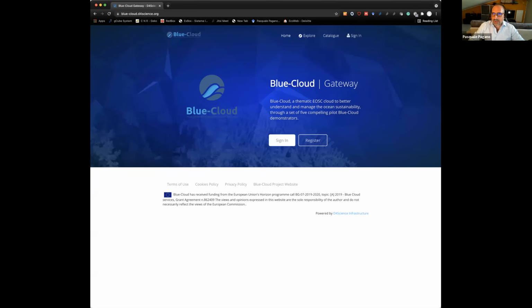Yes, as Peter said, the discovery and access is the first step of the process. Then the user can store this data in the virtual research environment. So the virtual research environment is this environment that now you see on your screen. It is accessible at the bluecloud.d4science.org website. And when you arrive in the BlueCloud VRE,